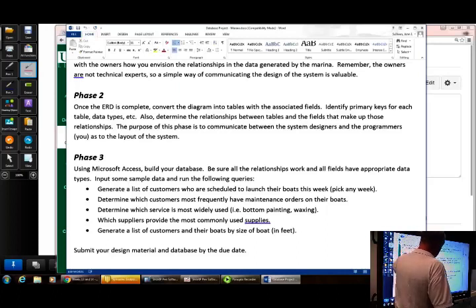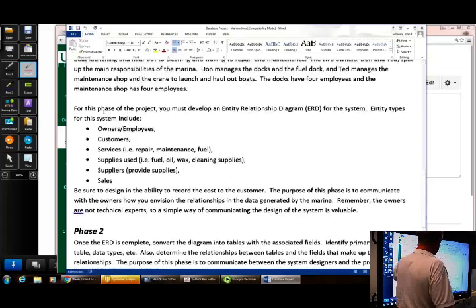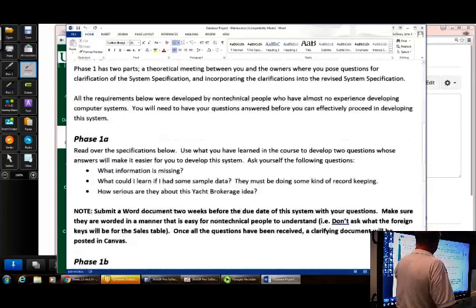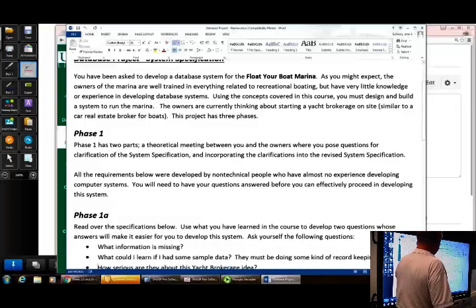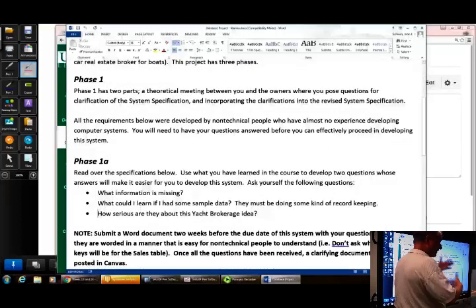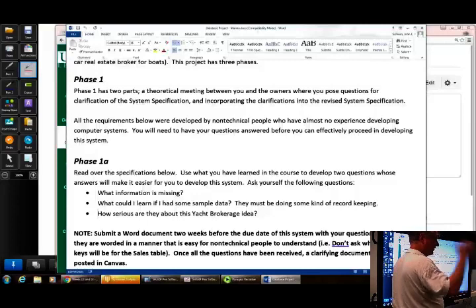So that's basically a scaled down version of how you build a database system. Your big thing is, what do they want to do? What problem is this going to solve, or what need is it going to solve? You have a meeting, so we kind of talk back and forth. Systems analysts, have you ever spent any time as a system analyst? No. That's kind of a cool job too, because you tend to spend a lot of your time designing systems,